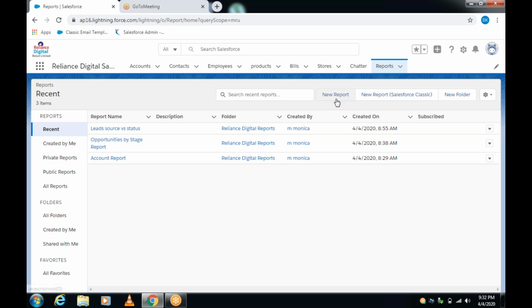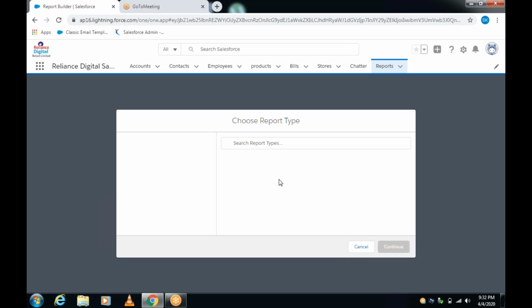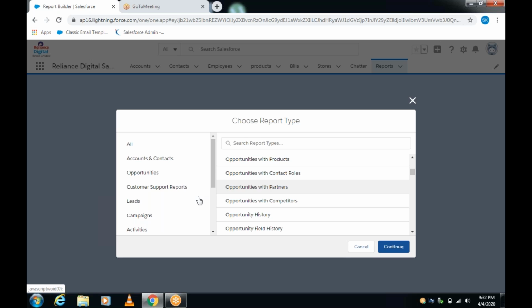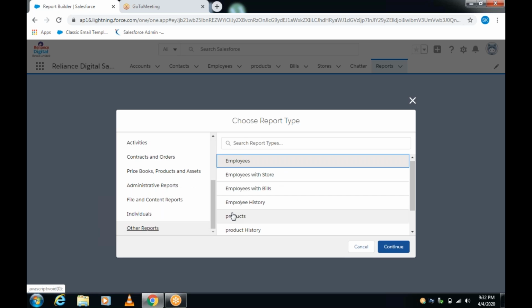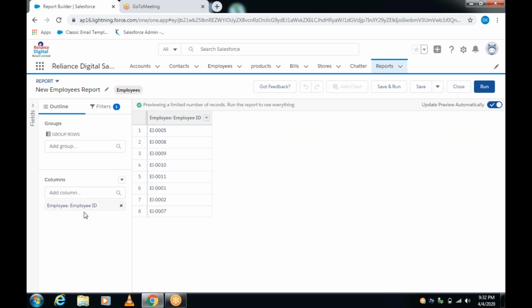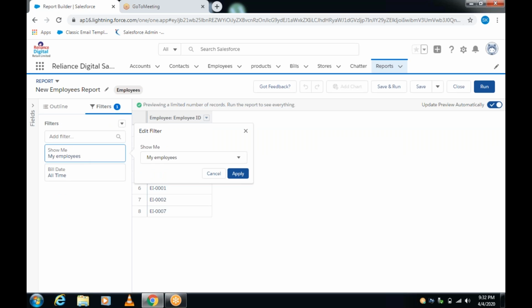So let me create one more report. I want to create it on a custom object, an employee. Continue. Okay, so I want to do grouping. I want to see all employees. Okay, apply. Or else I want to see employee with